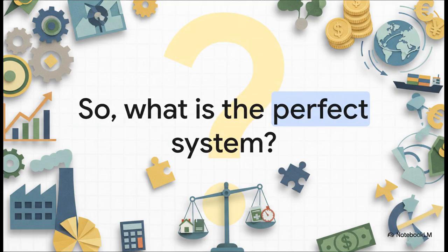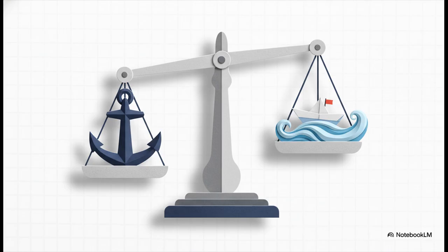So after all this, after seeing all these powerful forces and these really tough choices, you kind of have to ask yourself, right? Is there one right answer, a perfect system that just works for everyone? And the answer really is a hard no. What we've been walking through is a classic idea in international economics called the impossible trinity, or sometimes the trilemma. The idea is that every country wants three things: a stable, fixed exchange rate, free movement of capital in and out of the country, and an independent monetary policy to manage its own economy. The trilemma says you can only ever have two out of those three.